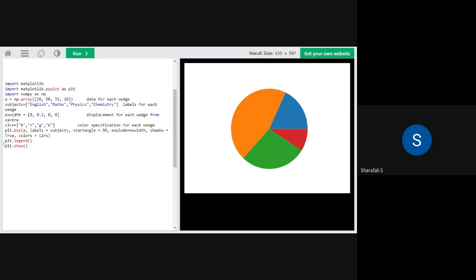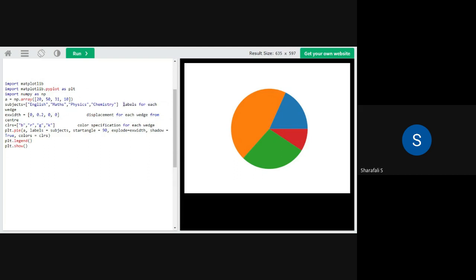Now you can see here I have imported matplotlib, and from that I have imported pyplot also, and then we have import numpy as np, and I'm using the array option again, the same array. This is the data for each wedge, and then we have subjects equal to a list of